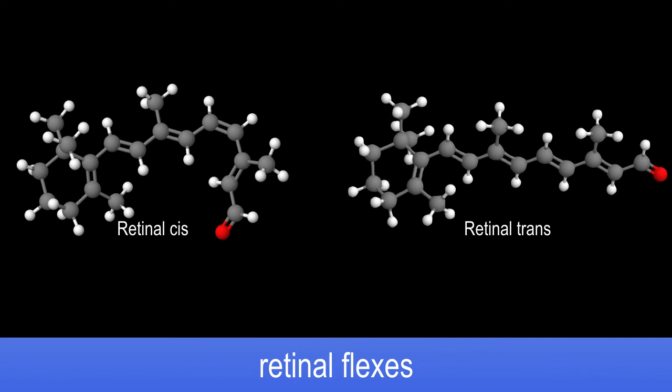rhodopsin, which is in the retina of the eye. And when it gets hit by a photon, it bends, it flexes. It goes from cis to trans, and then it relaxes back to cis. And then it gets hit by another photon, bang, it extends again. It's billionths of a second, very fast, because it's really small. How do we know? Because we use diffraction. We figured these babies out.